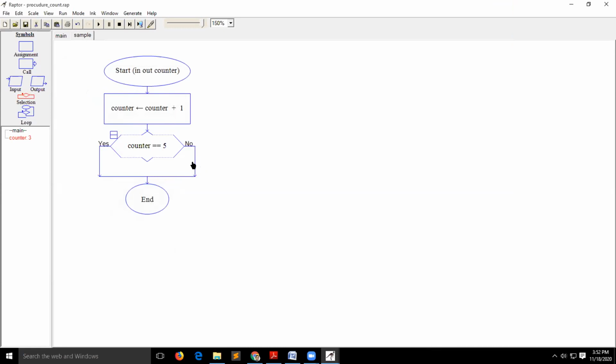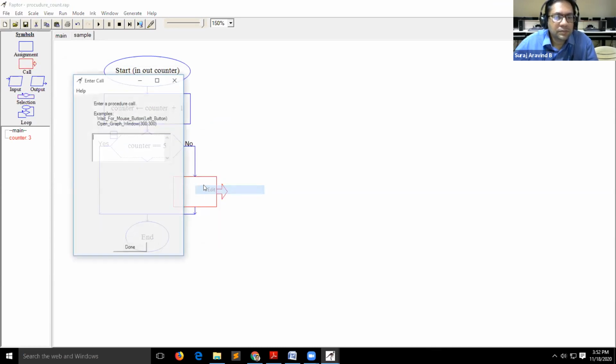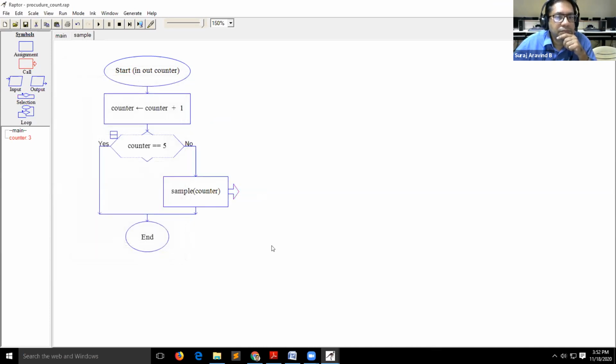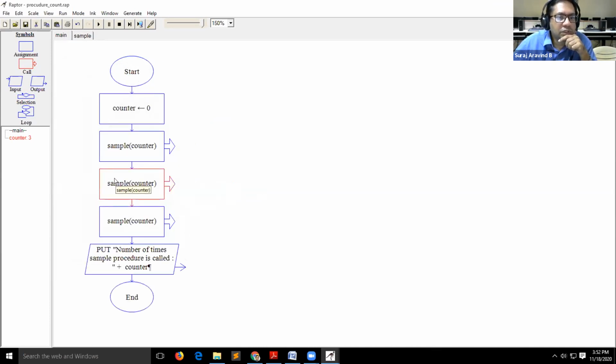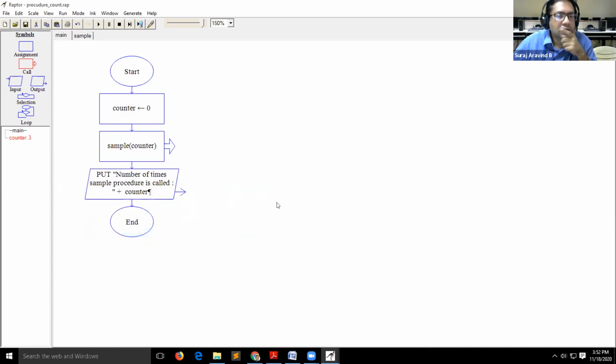If it is not equal to 5, let me call the same sample again, passing on the counter. Here I'll remove this. Let us check. We have to get 5 as the answer, no? Let us check it.